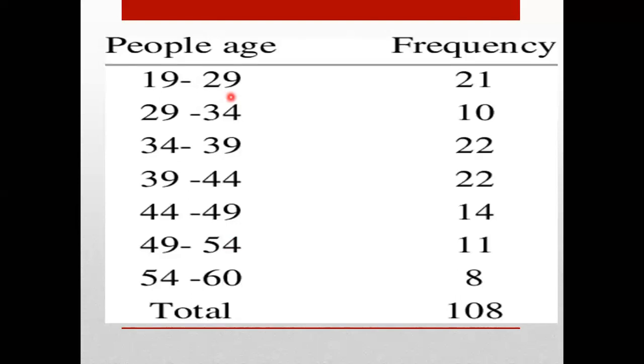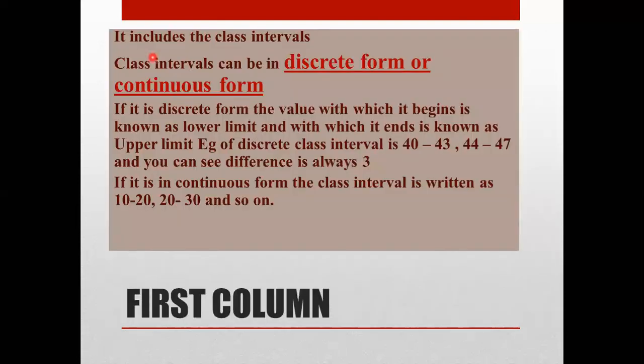So instead of writing the age, you can directly write class interval, because here you can see that this is in a grouped form. So 19 to 29. So for better understanding, we'll go to the next slide, that what is the meaning of class interval? So when you are grouping it, you are writing it from this to this, like from 19 to 29, as you have arranged in the previous slide.